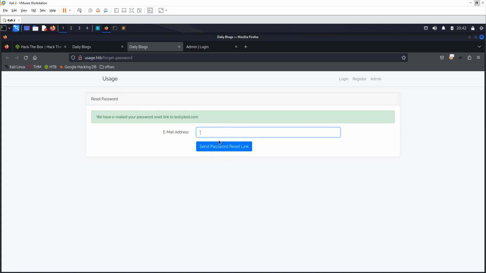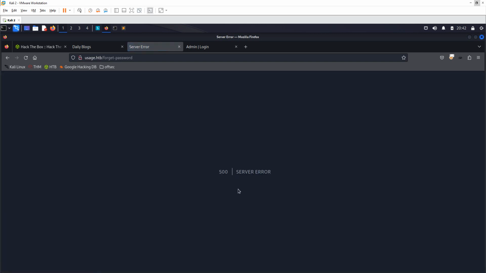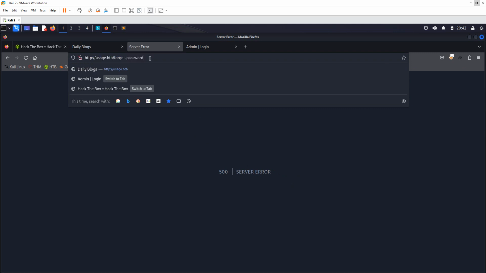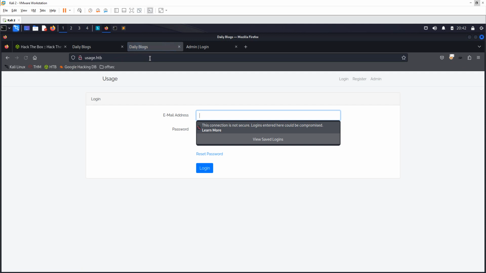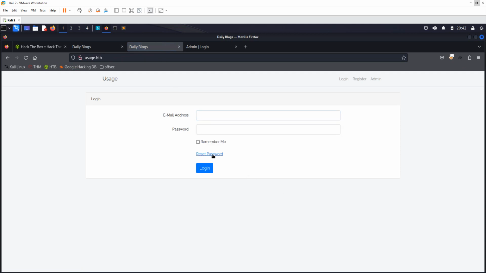So if we put a single quote, and then we see this particular error. So if you see an error like this 500 server error, this shows that there's a possible vulnerability of SQL injection. All right, so this tells us that particular password reset functionality is vulnerable to SQL injection. So we can go back there,